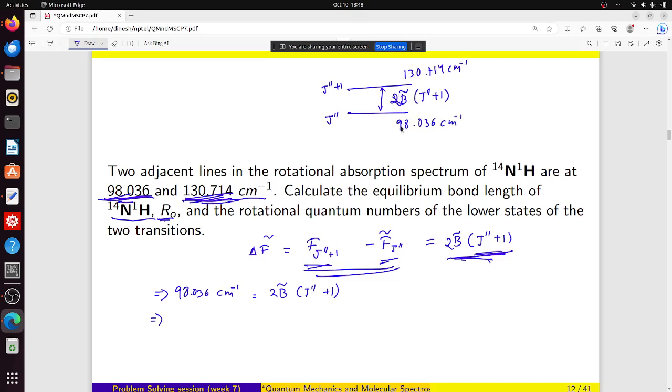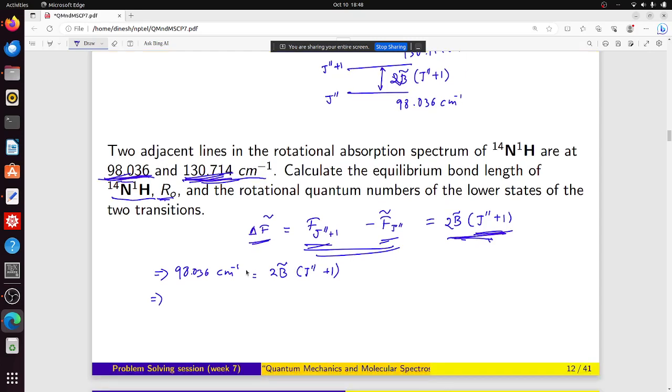So this difference will give us this energy difference. So this 2 beta tilde will give us the value, the difference between these two. So this 130,